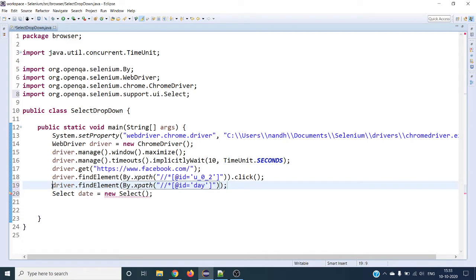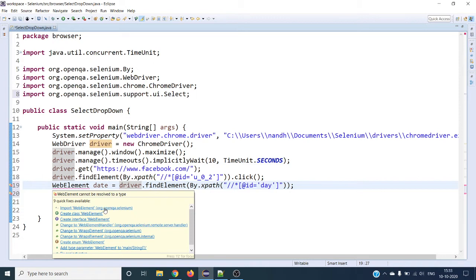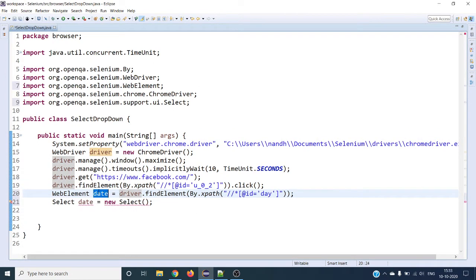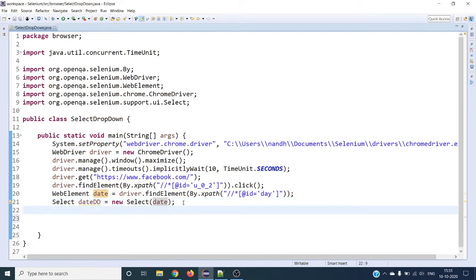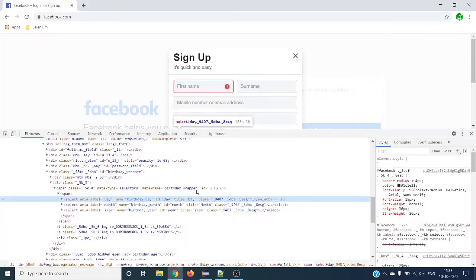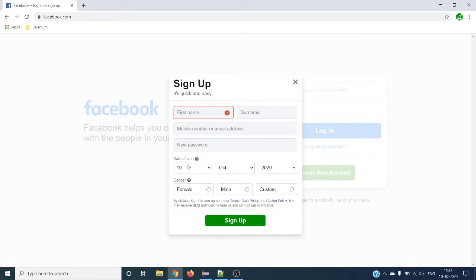So this will return a WebElement. This is going to be a date. So we have to import this WebElement from Selenium. It is going to have this date drop down. Right. So make sure that you are giving the web element over here as a constructor. And in this Select drop down, we have to select the date.